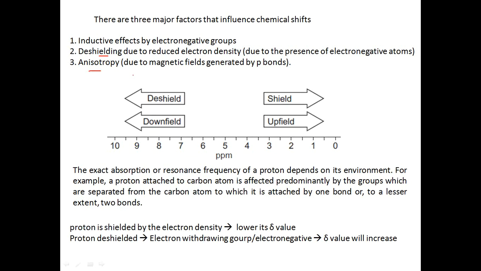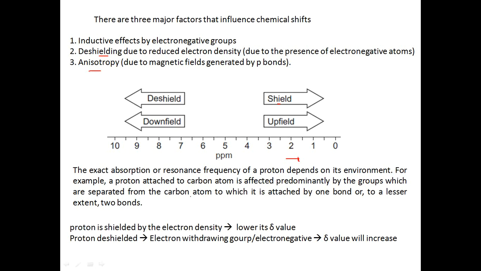When you have a shielded proton, right, the proton is shielded by either an electronic environment or a magnetic field. It causes an upfield shift, meaning it requires low energy frequencies to resonate. So it gives a signal near to zero. This is called an upfield shift. And if a proton is deshielded, it is not shielded, but it gets more influenced by the external magnetic field, then the frequency it requires to resonate also increases. So it is called a downfield shift.